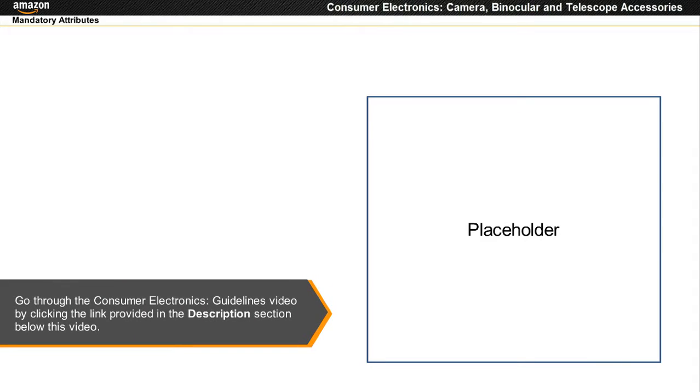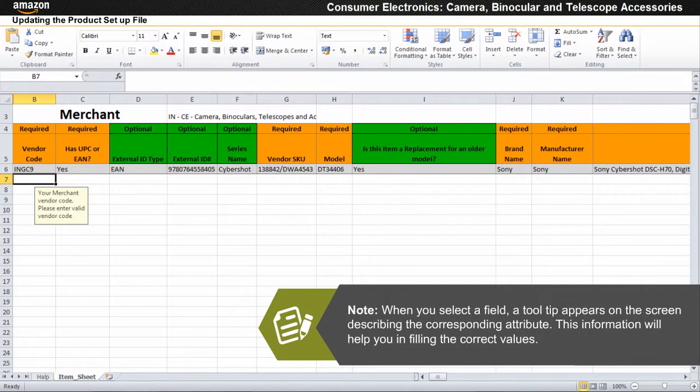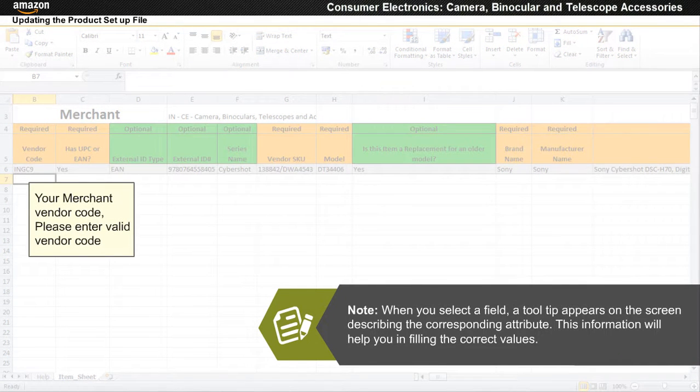It is recommended that you go through the video by clicking the link provided in the description section below this video. When you select a field, a tooltip appears on the screen describing the corresponding attribute. This information will help you in filling the correct values.